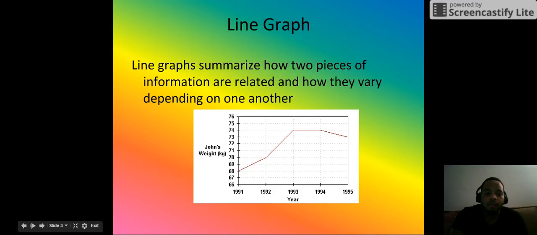So if I'm writing this down, Mr. Goodwin is writing this down. I'm going to put horizontal equals x-axis. And my vertical,